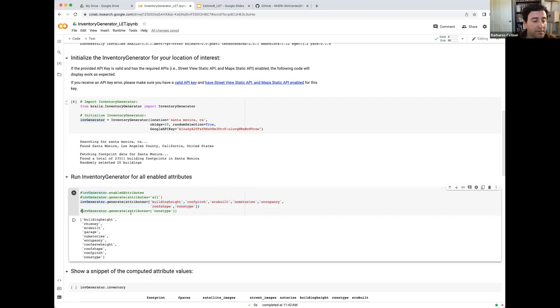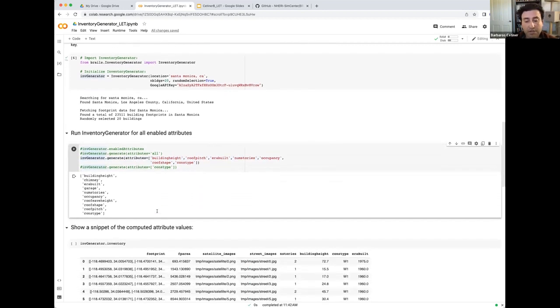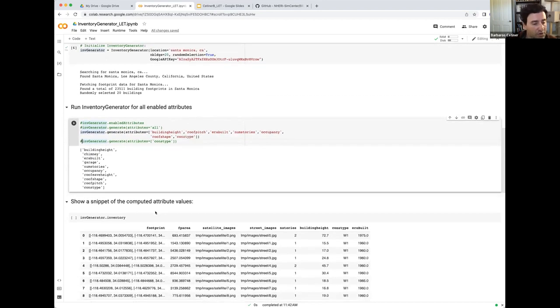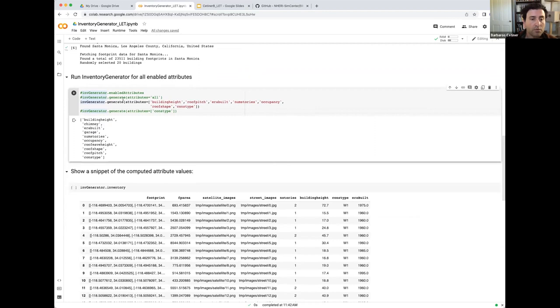Like for instance, I've run it just for construction type, so that I can show you guys a table that has the outputs, right? So we can get this sort of cranking by hitting the run button, and let's see, what do we need for